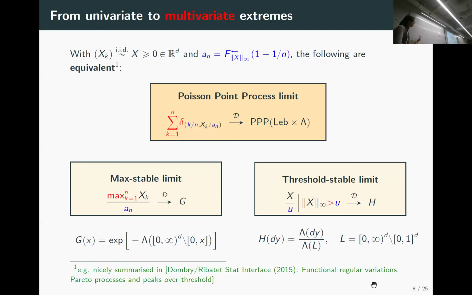At least from a theory point of view, if you look at maxima component-wise, or at threshold exceedances where you condition on the norm of a vector exceeding a large threshold, you can marry those with each other. You can translate one limit result into another, and also the point process limit in the background. Except that this time,